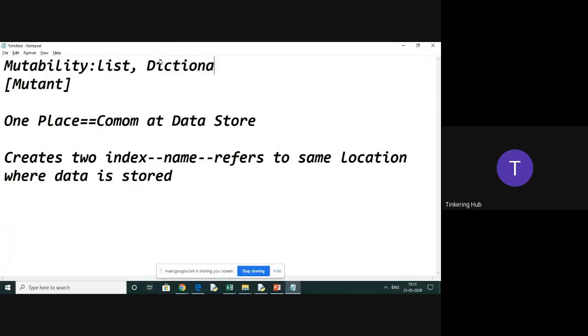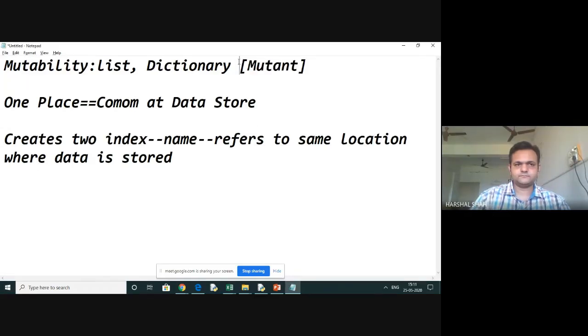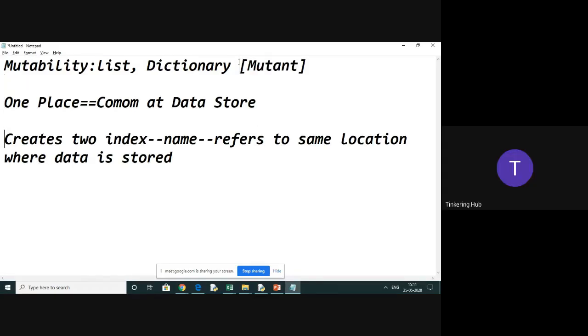Now, as we know in our college, admissions happen around the year, and say for example, I am making that collection and I want to add a few students into it. So I want to add 10 more students along with their heights. How can I do that? Once I've created a data structure in languages like C or C++, it is very difficult to add new elements into it. So this is how mutability comes. If I want to add 10 more students in this data structure called a list, I can do that.